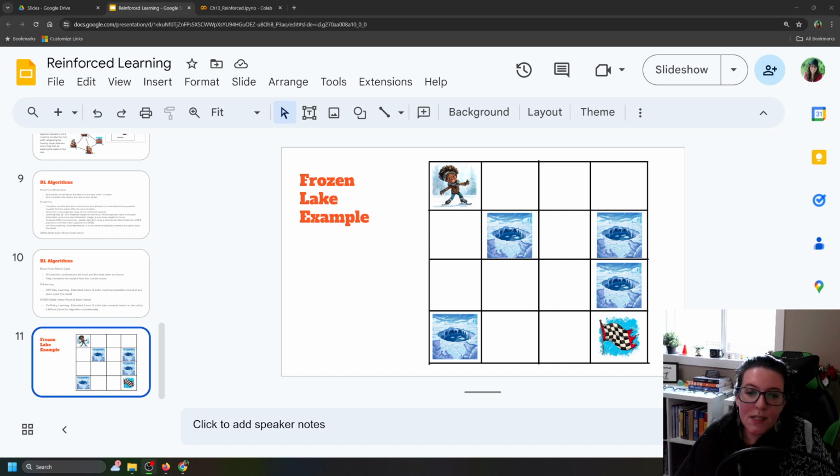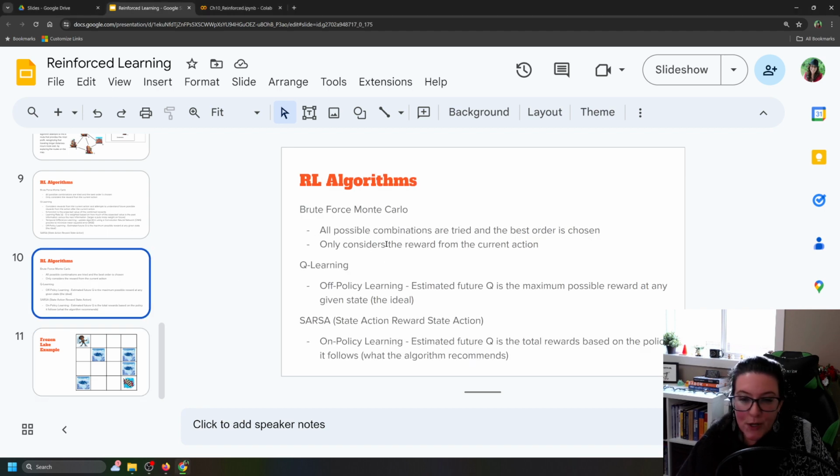We are continuing our discussion of reinforcement learning, and we are using our frozen lake example where we have a starting state, we have a goal, and we're looking here at this 4x4 matrix where we have holes in the lake that we don't want to fall into. We're looking at whether we can successfully find a route to get to that goal. In our previous videos, we looked at the brute force method, which gave us 0 successes out